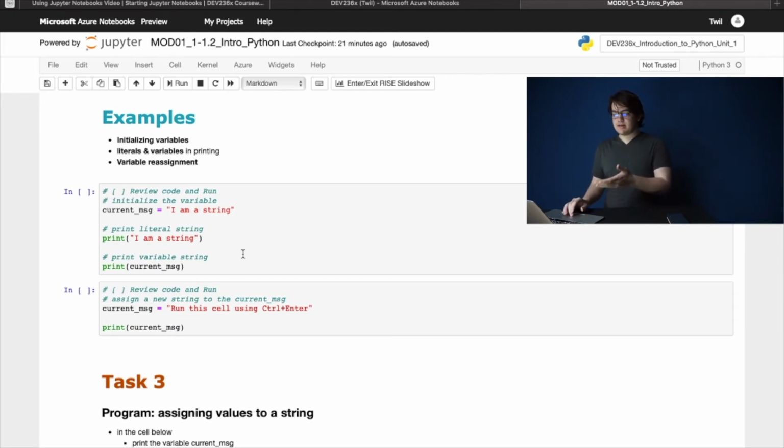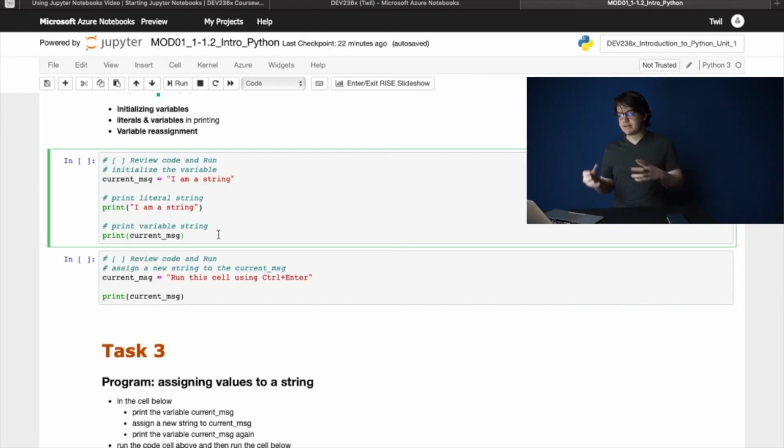Here you can see they use current message, I am a string. So a variable is something that takes the string or the integer. So you put the string and the integer inside the box and you label it with current message, like it's here. We'll print this cell.